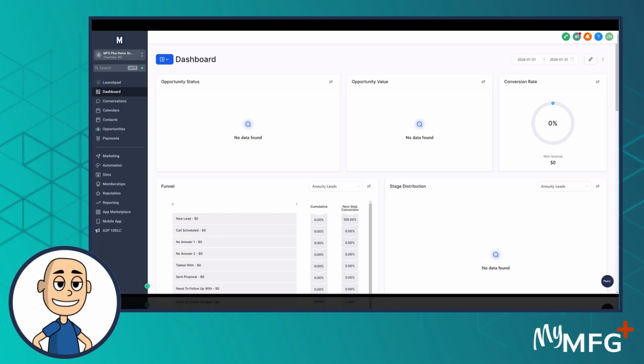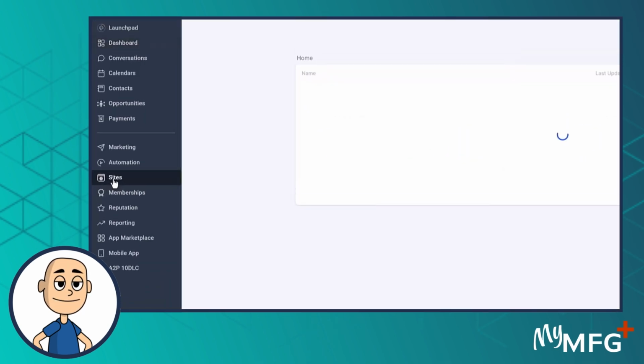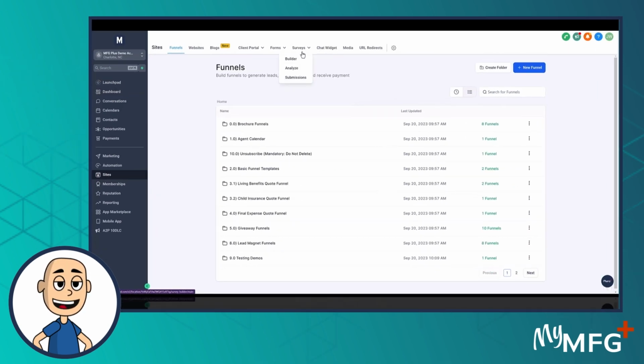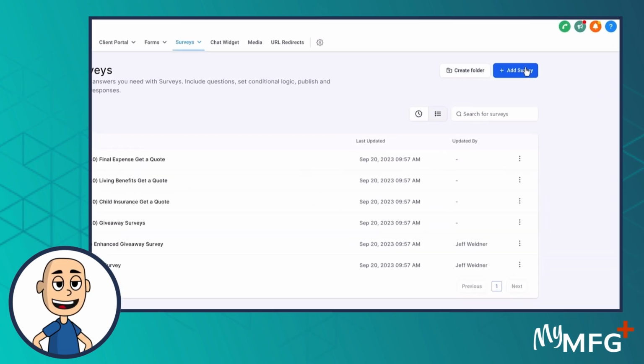Before we get into putting the form onto a landing page and the DNS and all that stuff, I wanted to show you the difference between forms and surveys. So from the main dashboard, go to Sites, and from there, up at the top, go to Surveys and Builder. And we're just going to create and add a new survey, start from scratch,